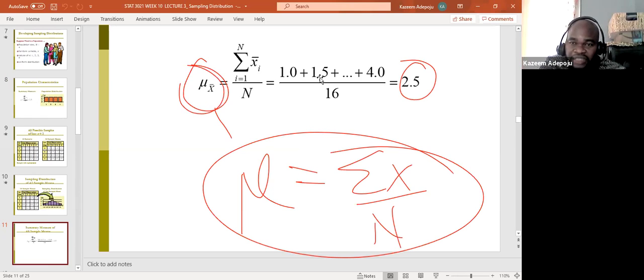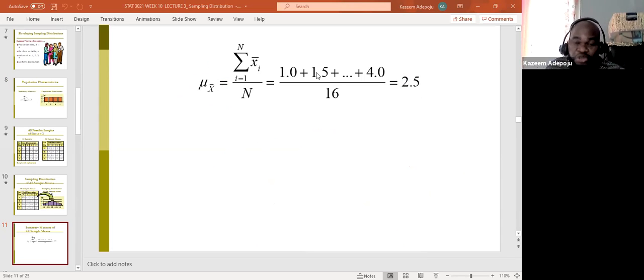Okay, so a chat came in right now. I'm going to read my chat. Somebody says, so the sampling distribution is a graph showing all possible samples. You are right. You are very, very correct. It is not only showing the possible samples, it's also showing the probability associated with them. Number one, it shows the possible values of the statistic that we can have. And at the same time, it also shows the probability associated with that. Does that make sense to you now? And that's exactly what we mean by sampling distribution. Okay, so you are right.